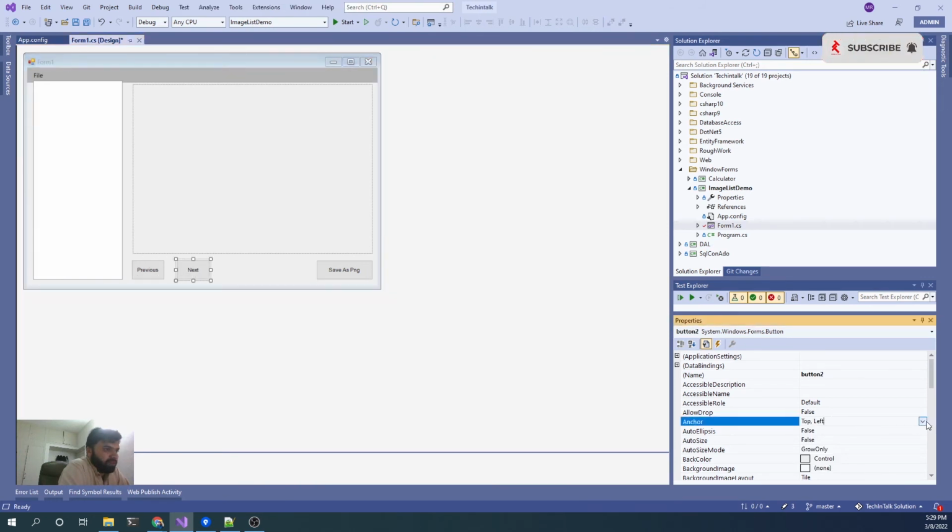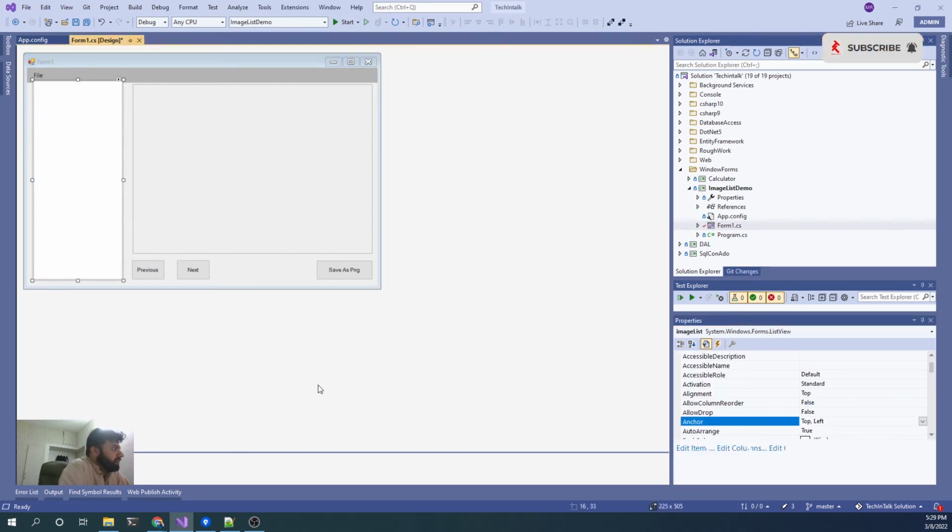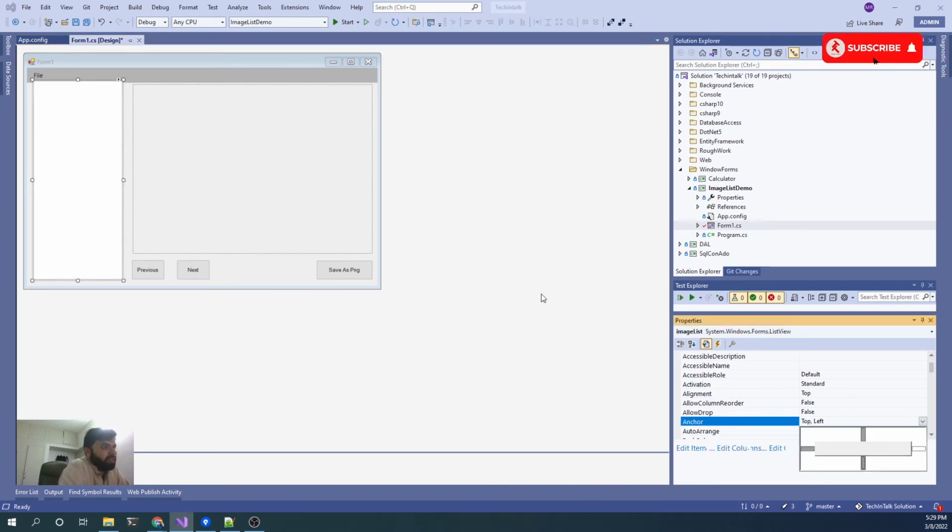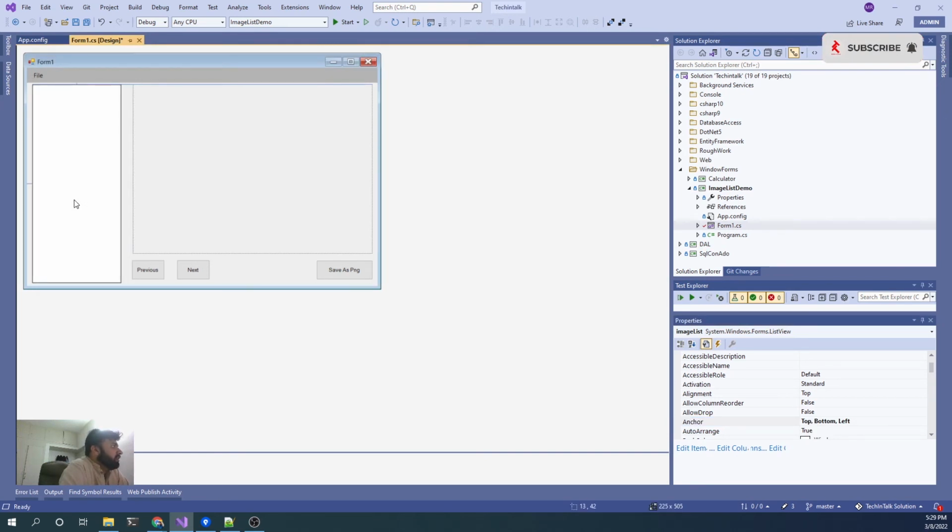और सेम गोज फॉर दिस वन, बॉटम एंड लेफ्ट, राइट, ओके। और ये जो लिस्ट है इसको हम कह सकते हैं कि ये लेफ्ट, टॉप और बॉटम के साथ लिंक, ताकि हम एक्सपेंड करें तो इसकी विड्थ इंक्रीज ना हो लेकिन इसकी हाइट इंक्रीज होनी चाहिए, सही है, ओके। तो इसको जल्दी से एक दफ़ा रन करके देख लेते हैं।